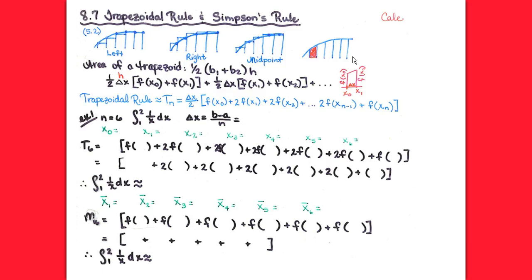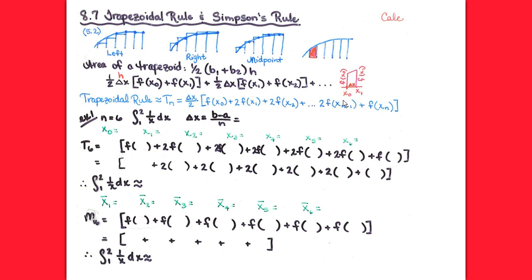Now, let's think about the area of a trapezoid for just a second. Area of a trapezoid is going to be 1/2 base 1 plus base 2 times the height. Now, the bases are the two parallel sides. So we're talking about this would be one base and this would be one base, and then this is going to be my height because it's going to be perpendicular. So if I'm looking at this in light of area under the curve, my height is going to be the change in x, and my base is just going to be the y value that's associated with whatever x value